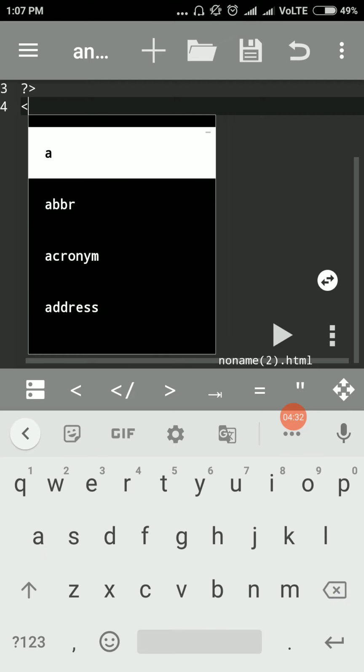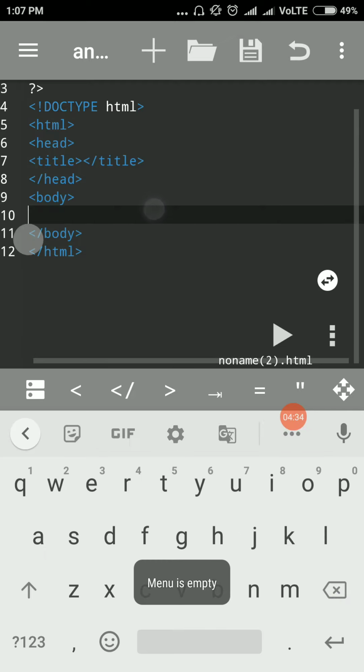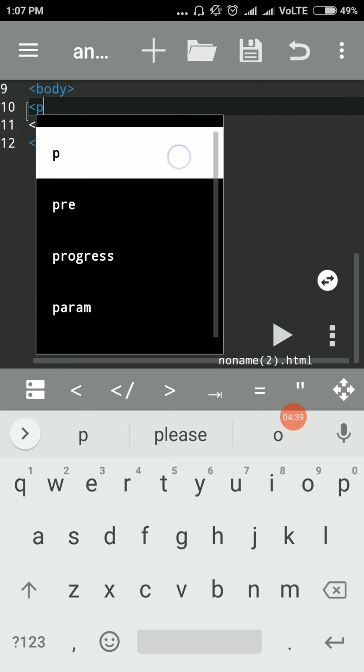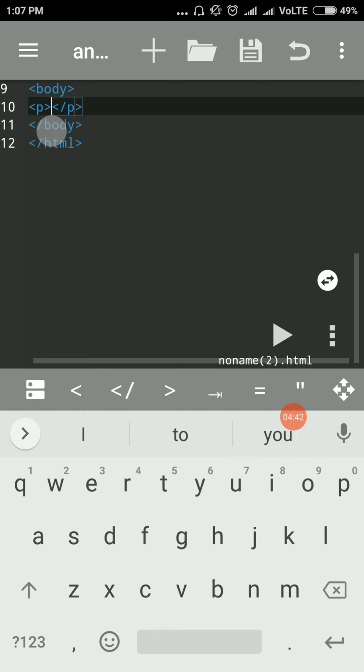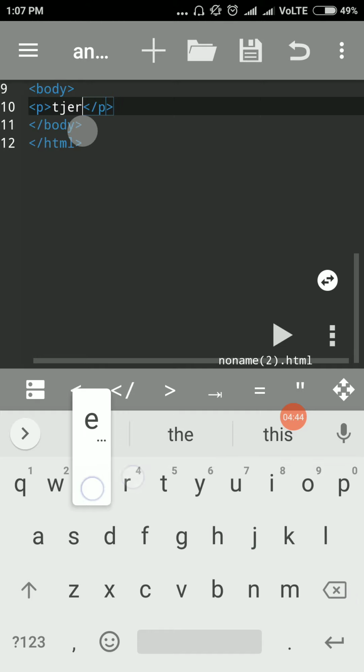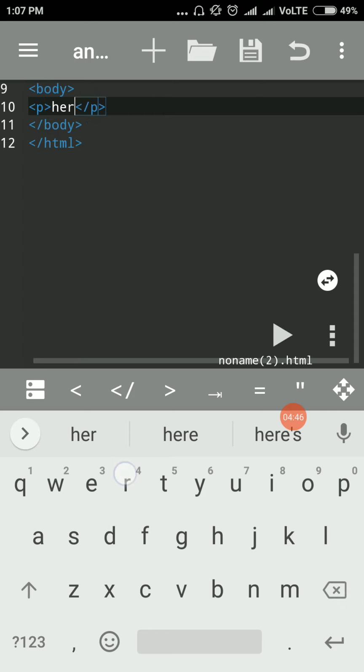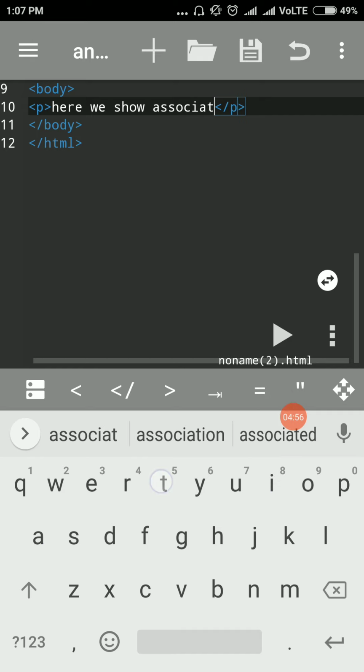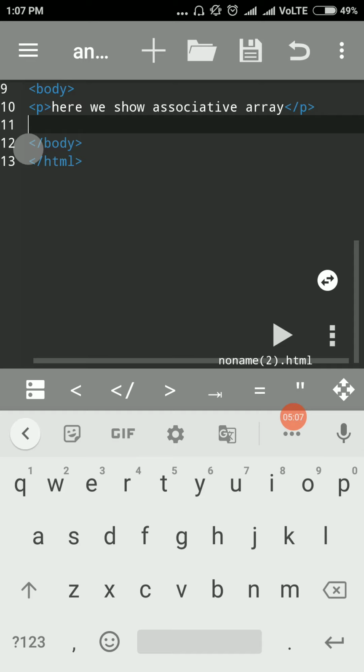Here we take one paragraph, the end of the paragraph, and we write here: we show associative array. Okay, and then we discuss the associative array.